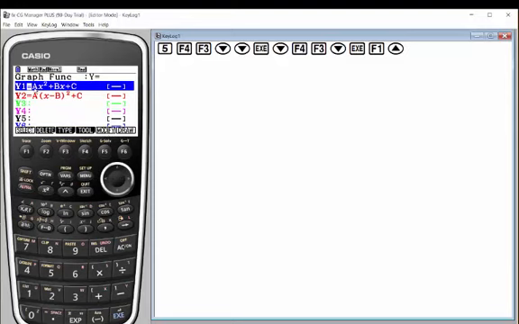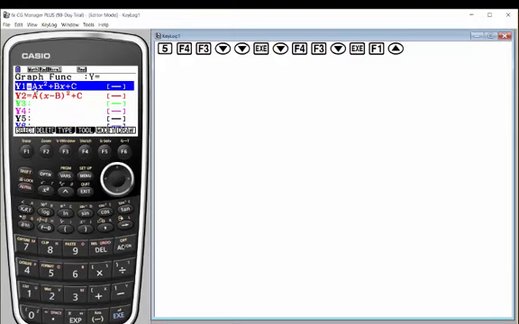You'll notice that currently there's a pink arrow at A, which means it's the coefficient I'm modifying. I'm going to type in 1 and hit execute. You'll see that's now changed my graph because I now have y equals 1 times x squared, which is a parabola with a vertex of 0, 0, which makes sense. So let's arrow down and change the others to 1 just so we can see it.